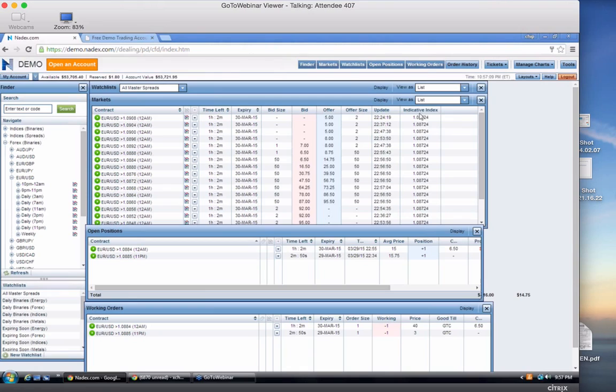So I'm just going to refer to this index right here as the spot rate of the euro. That's where the cash market is. It's really the underlying indicative, but that's what it's representing for us. So the cash euro is trading at this level right here, and we are thinking that the euro is going to sell off, and we're thinking that it could drop. Let's say we think it's going to go down to 0.865.